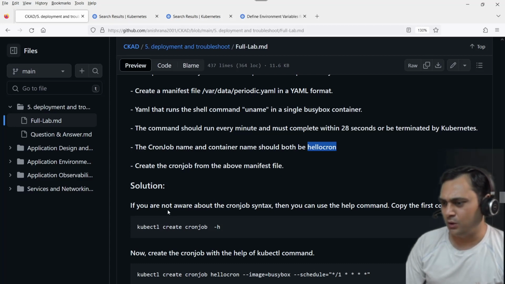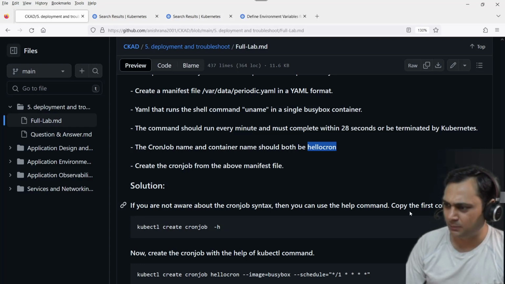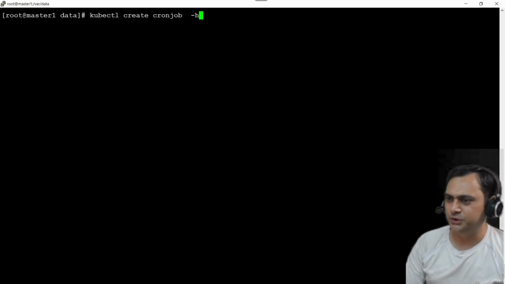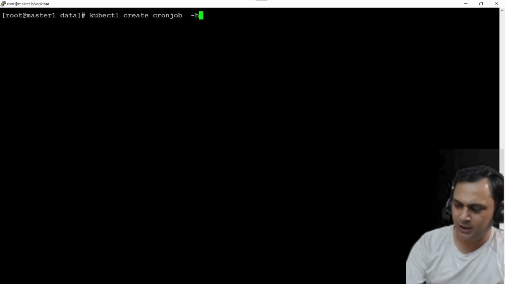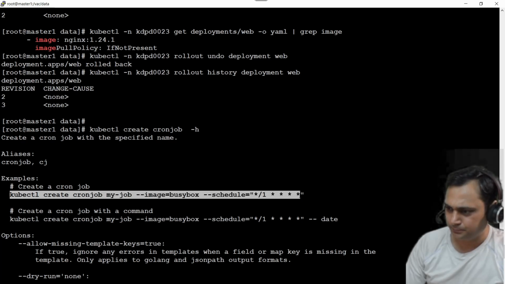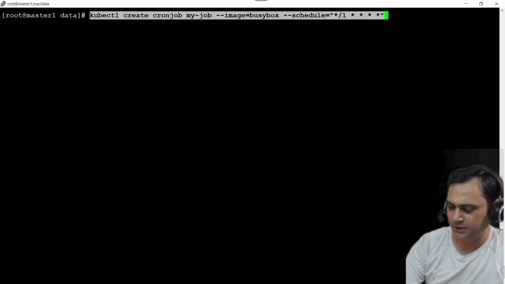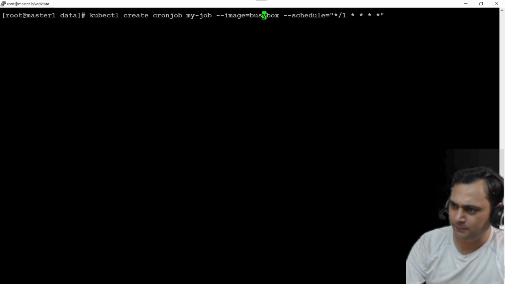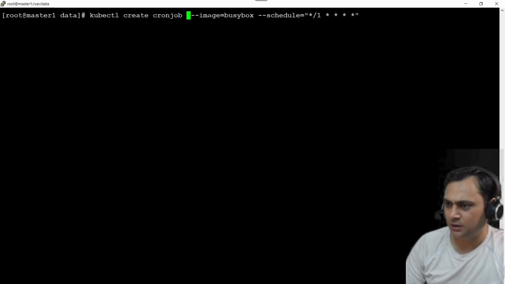Solution: if you are not aware of the cron job syntax, then you can use the help command. Copy the first command. Let's clear the window here. kubectl create cronjob -h, h is for help. Hit enter. If you scroll up slowly, you will observe this command. Create a cronjob. Clear the window here. Press enter. Now what we are going to do here: kubectl create cronjob, and the job name should be, as mentioned in the question,